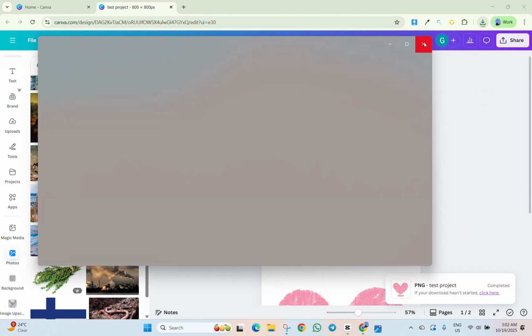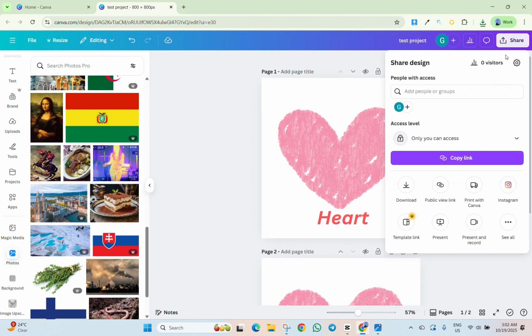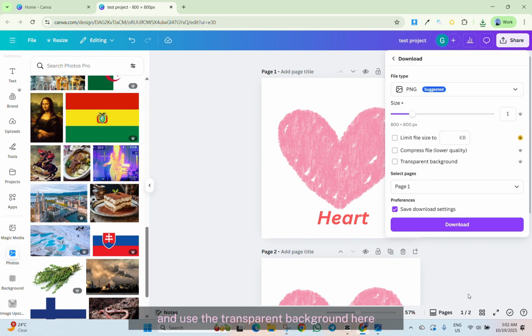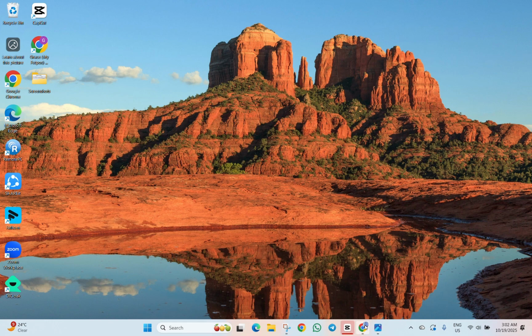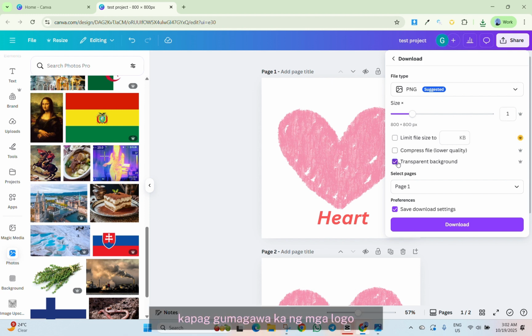Okay. Let's see. Now, let's use the download and use the transparent background here. Ayan. And then see the difference. Kapag gumagawa ng mga logo, you always use transparent background. So, you can just click here.